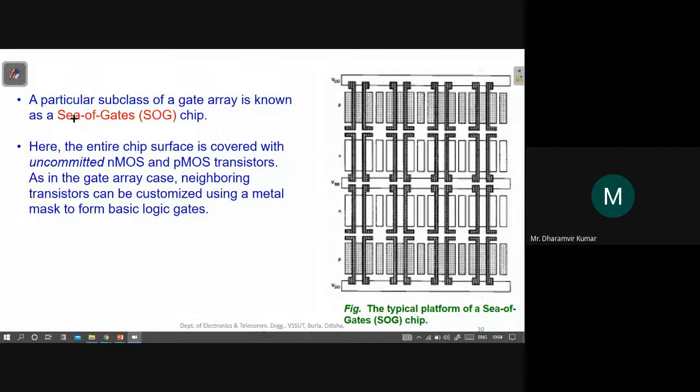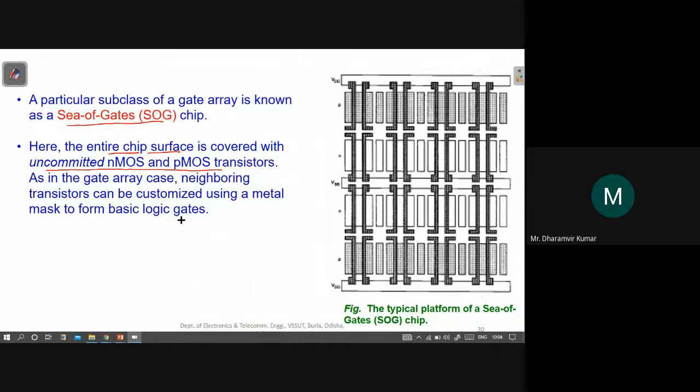A particular subclass of a gate array is known as a sea of gates chip, SOG. So what is a sea of gates? Here, the entire chip surface is covered with uncommitted NMOS and PMOS transistors, which are not connected to any other transistor. As in the gate array case, neighboring transistors can be customized using a metal mask to form basic logic gates.